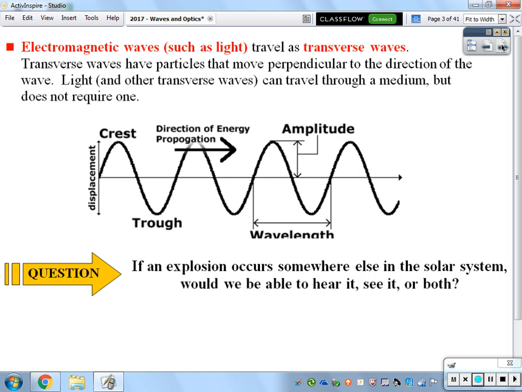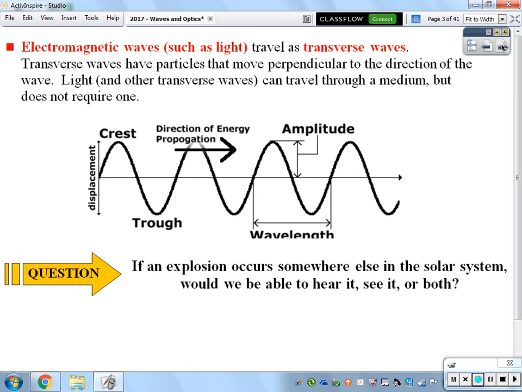So let's talk about a couple of wave properties, things about the wave that we need to know. If you haven't done so already, please don't start labeling this just yet. There's one thing, not that it's wrong, that I like to represent a little differently. So, parts of the wave. Certainly, we would have the crest of the wave. Where is the crest going to be? The topmost point of this transverse wave. We can label the crest in your diagram in your notes, we have a couple different spots we can make that. That's fine. But it would be the topmost point of the wave.